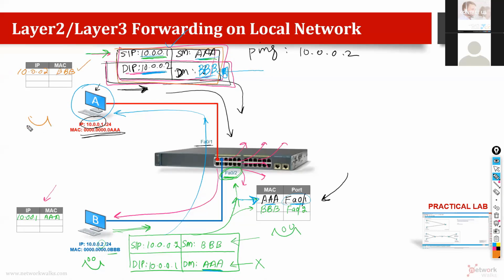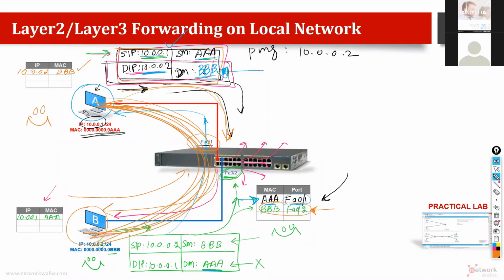It is also happy. And now it will just send to switch. Switch already knows. Why switch knows? Because from here you can see the entry we did last time, it is useful this time. So when A sends a packet, a frame, switch already knows that it has to go here. When B replies back, B already knows. Switch again knows where A is, it can just forward. So the communication can happen between A and B. That is why first time it is broadcast and next time it is just unicast.